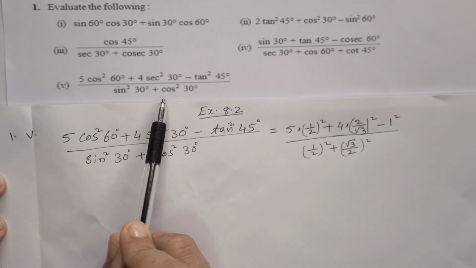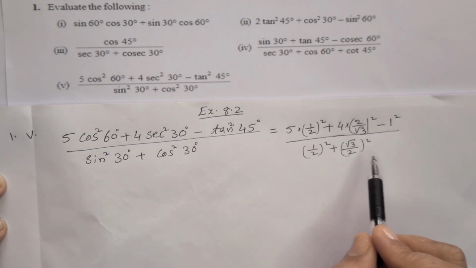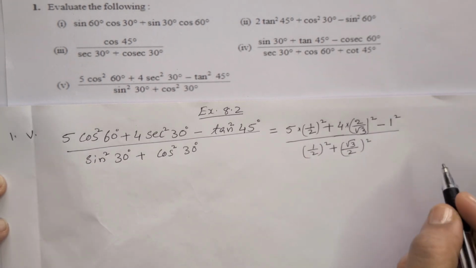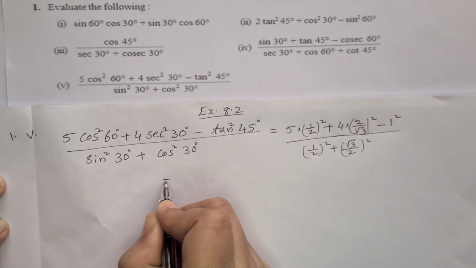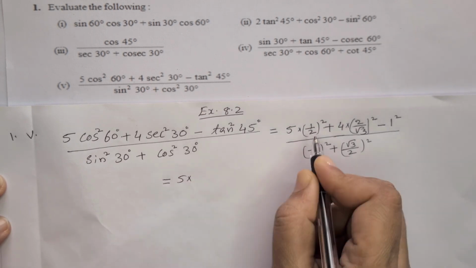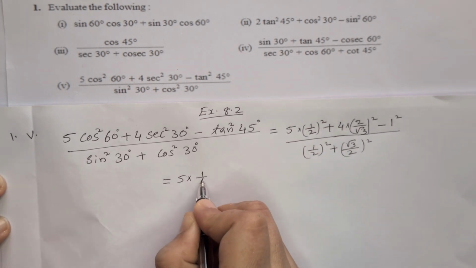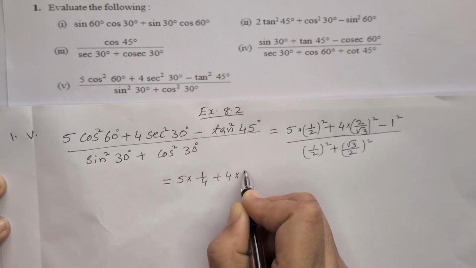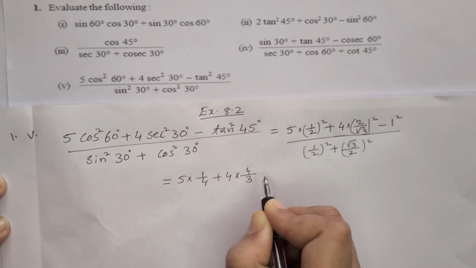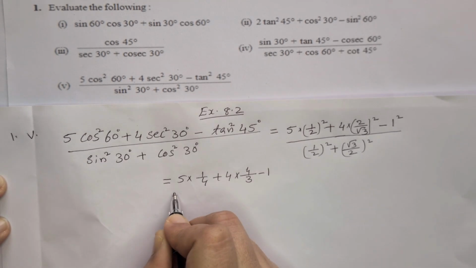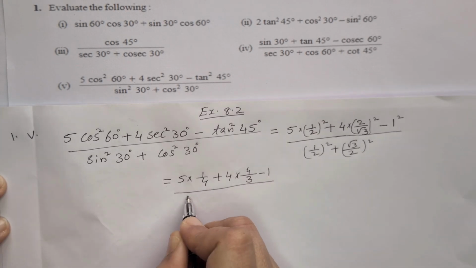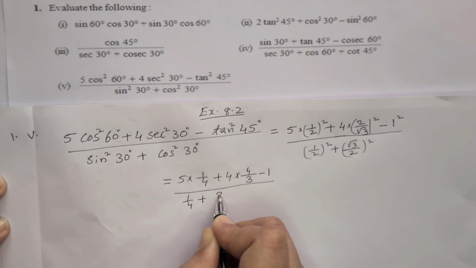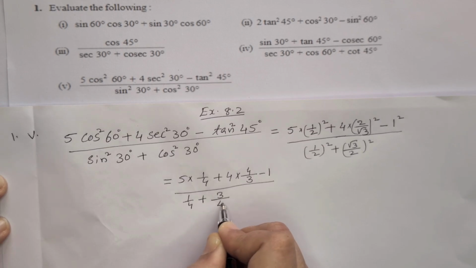divided by sin square 30 plus cos square 30. Put the corresponding values here. So we can simplify this fraction, which is equal to 5 into 1 by 2 square, which means 1 by 4, plus 4 into 2 square, which is 4, root 3 square is 3, minus 1 square is 1, divided by 1 by 2 square is 1 by 4 plus root 3 square is 3 by 2 square is 4,